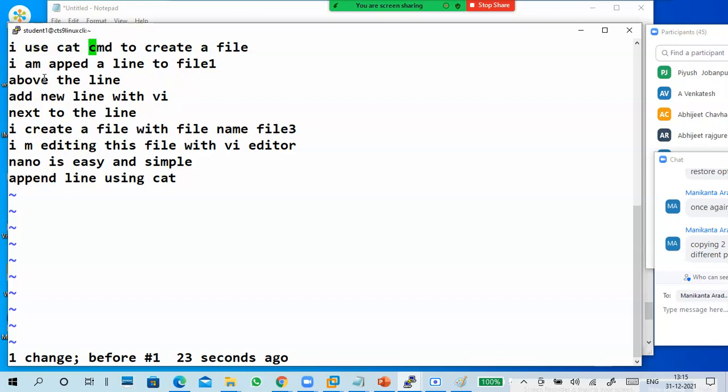I want to correct this sentence. I want to change this append to append. Search append to change it. But my cursor is not in the same line, it's at the top. We'll try once again. Sorry, I made a mistake. Cursor is at the top. I want to change append to append.